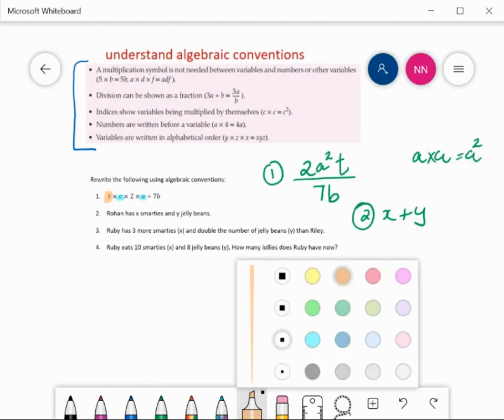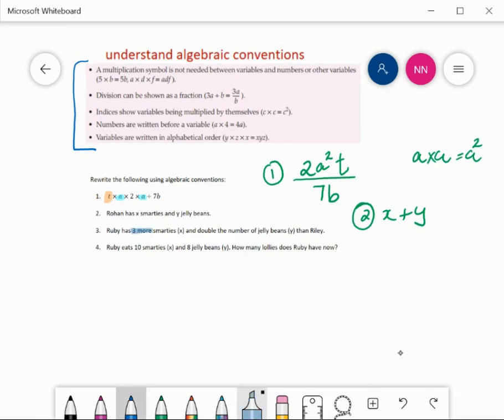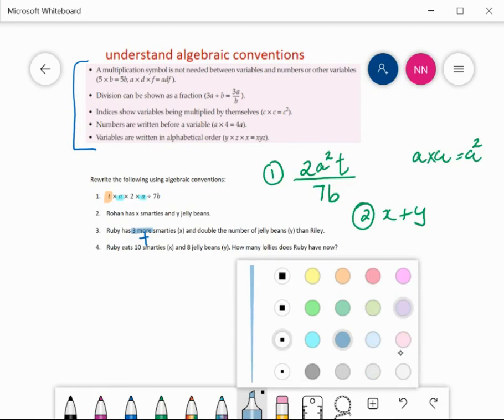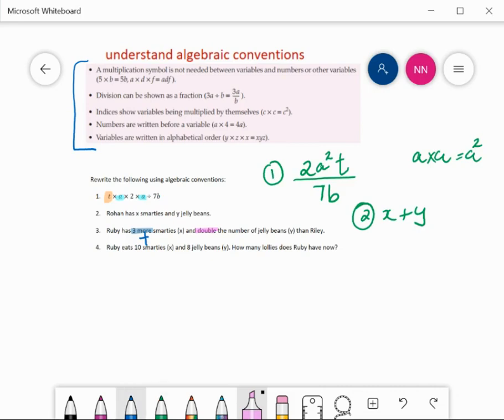Number 3, Ruby has 3 more Smarties. So let's look for our keywords over here. 3 more. What does 3 more mean? More means you are adding. And has double the amount. So double, what does double mean? Double over there obviously means times by 2. Anything double means you multiply that by 2. So if I rewrite that now,